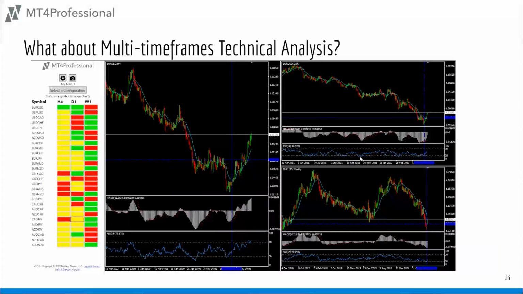Here's a quick example showing a strategy that's running on multiple time frames using technical analysis. Here is a 4-hour chart, a daily chart, and a weekly chart. The 4-hour chart is showing a price action crossing above a 15-minute exponential moving average.